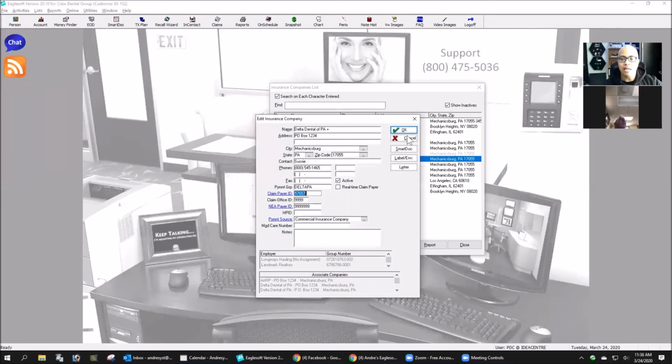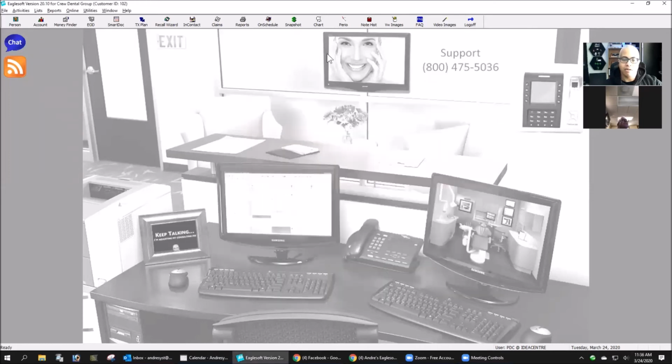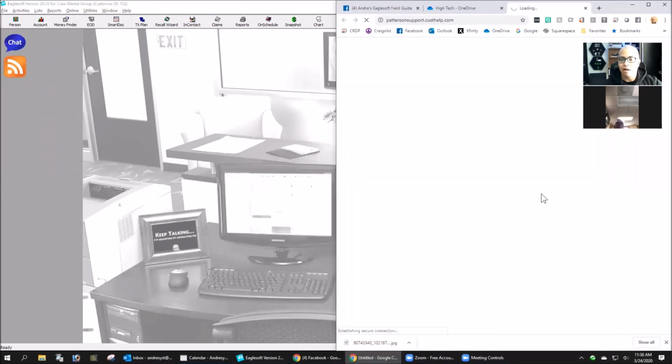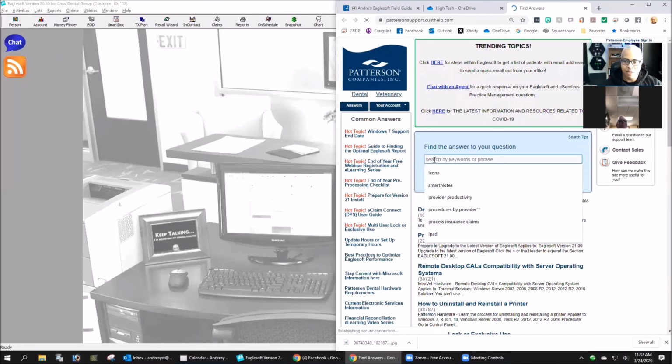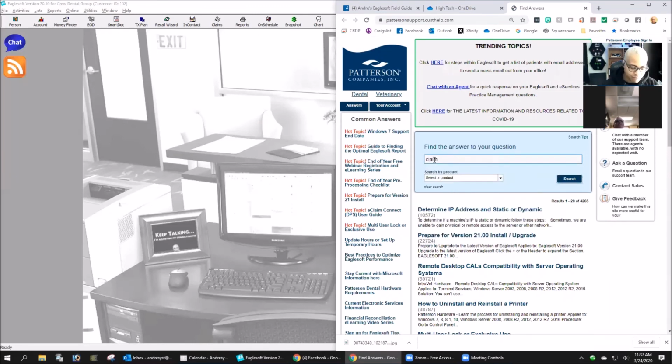And you can get the list of claim payers, and this is what Diana from the PTC was talking about. If you click on the little picture frame on your desktop of the software, you click on the picture frame, left click, and go down to FAQ, which is frequently asked questions. It'll actually bring up a search box. And in that search box, if you type in claim payer ID, you'll actually find all of your claim payer